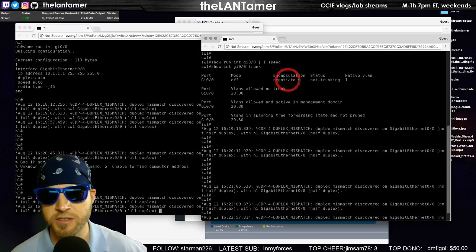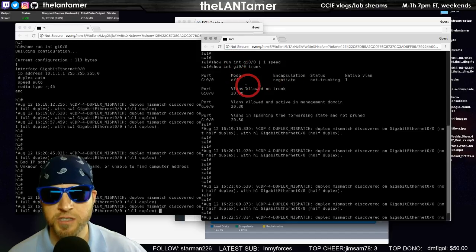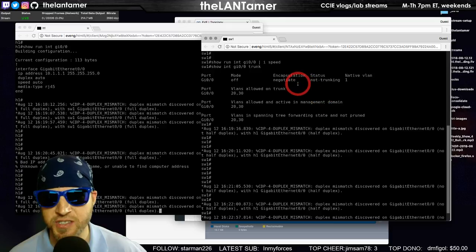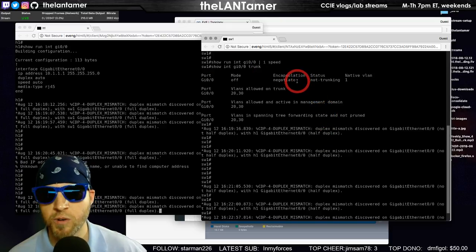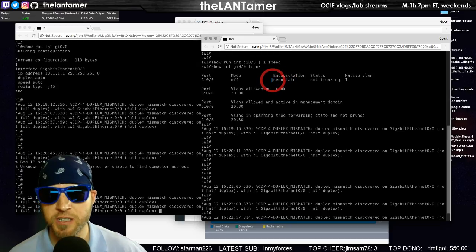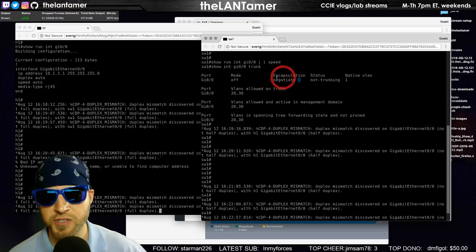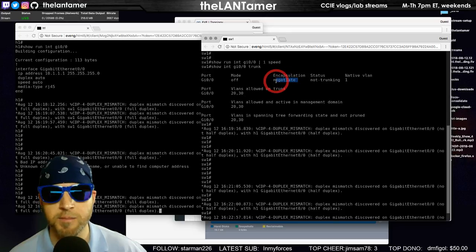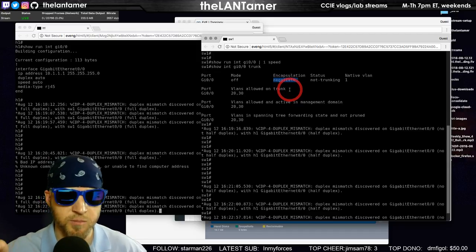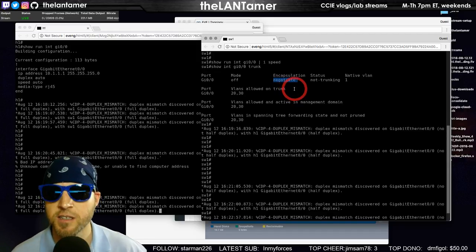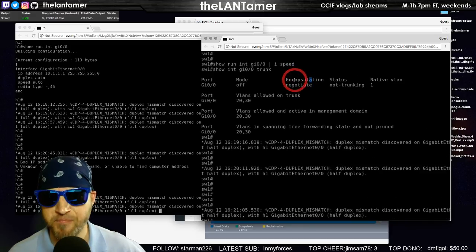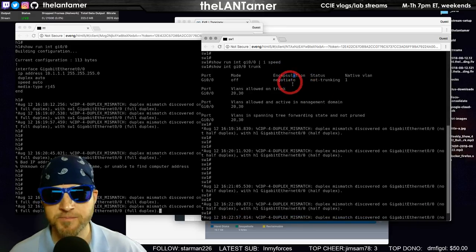Now, let me ask you this. By general looks, there are several things that say this is a trunk port, and several things that say this is not a trunk port, right? Which one is true? Well, you can't really go by encapsulation negotiate, and this is throwing a lot of people off, and I understand why. I'd be the same way. If I saw this on an exam, I would probably, not that I have not seen this on an exam, okay, I'm not saying it is or isn't, or won't be, right?